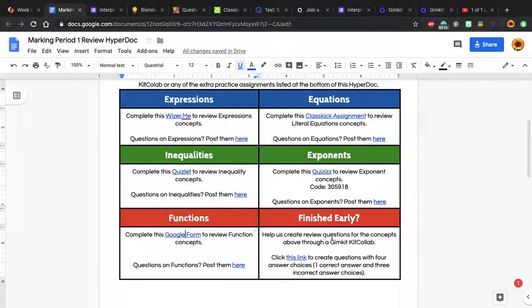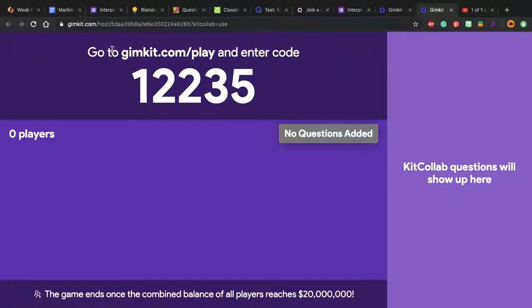Now, if you finish early, you can go ahead and create some Gimkit questions for us by completing this Gimkit Kit Collab. So what you're going to do is go to gimkit.com/play, which is also linked in the hyperdoc, and type in this code, and then all you're going to do is create questions for us to solve as a Gimkit later in class. So you can create any question related to the concepts presented in Marking Period 1. So again, anything on expressions, equations, exponents, inequalities, or functions,